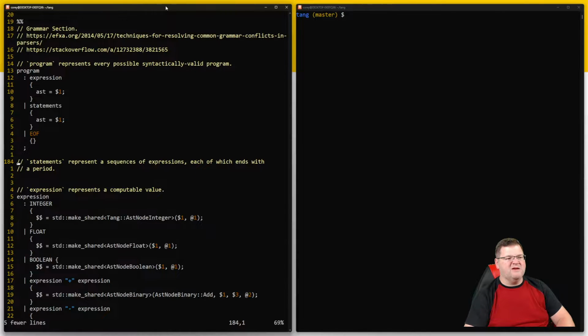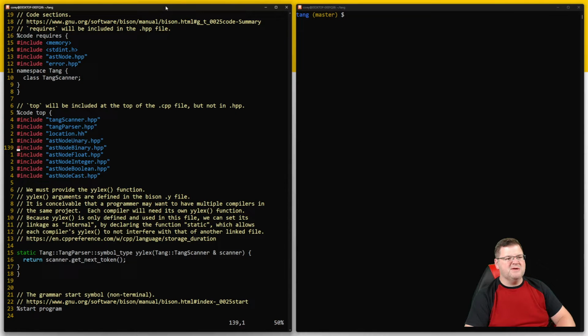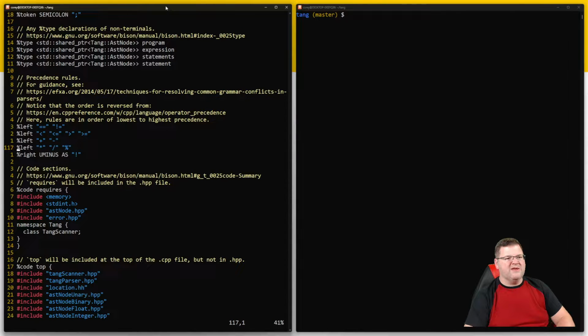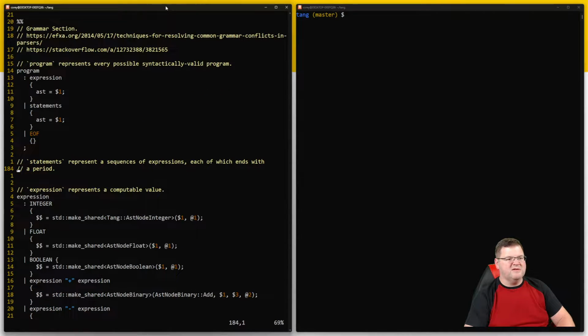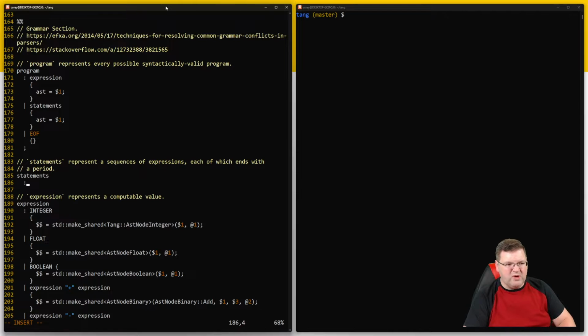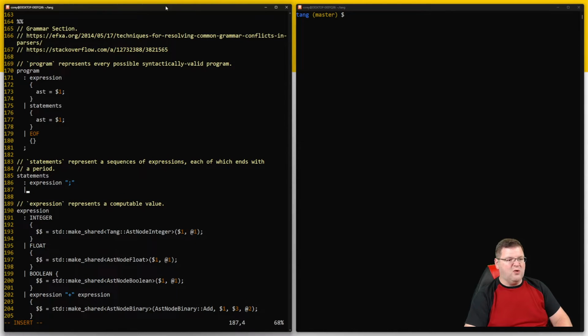So we're going to come back down here to 184. Control up. I think I'm going to remove statement. There we go. 183 now. There we are. Okay. And we're going to say statements is, and it could be one of two things. It could either be an expression followed by a semicolon. And this is a recursive definition. And I know I'm not filling out the other part yet. Or it could be a